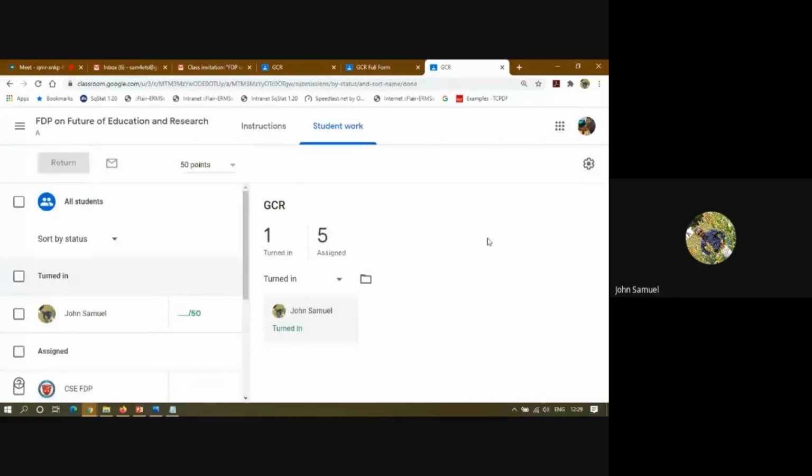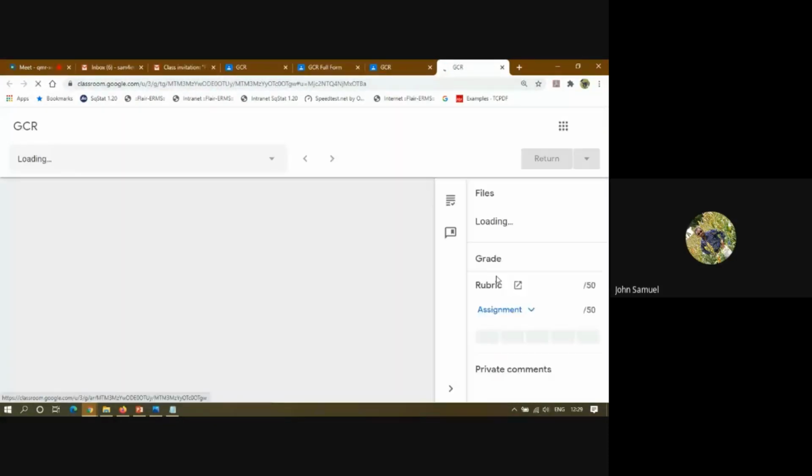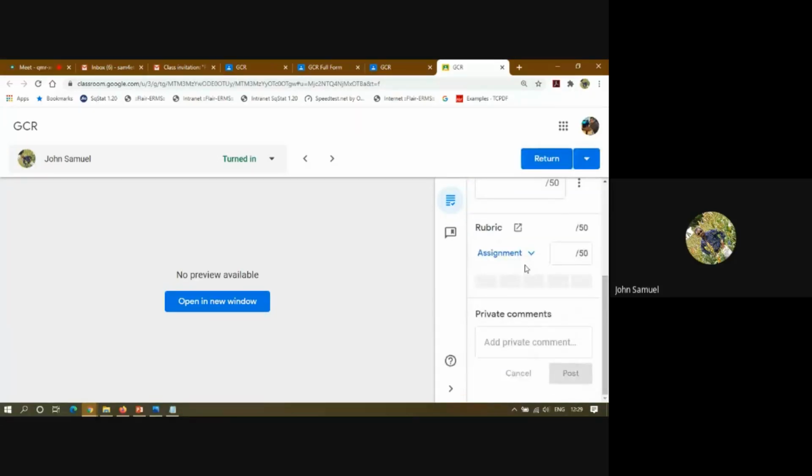So now I am going to evaluate it. Right. So you see, John Samuel submitted, turned in. It will show two attachments. So I can click it on. I can see what are all the assignments. And see now based on the rubrics we can award the marks, right? You can see here. So if I show you 50 points, 40 points, as I selected descending order. So here it is in the descending order. If you are selecting the ascending order, means it will be in the ascending order, right? So here the point will be there: 50 points, 40 points, 30 points.